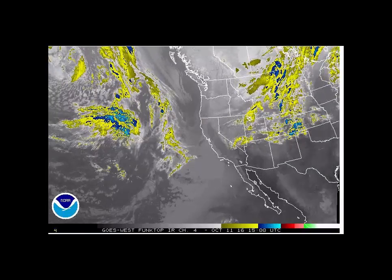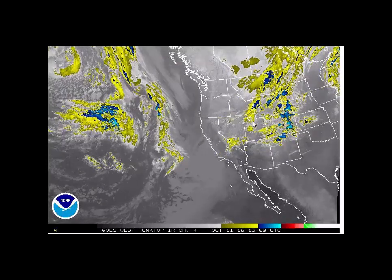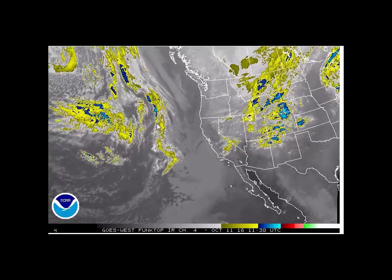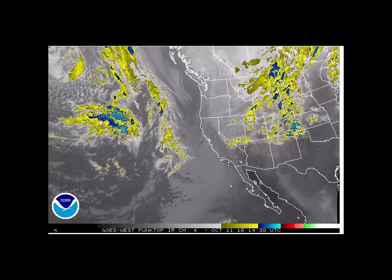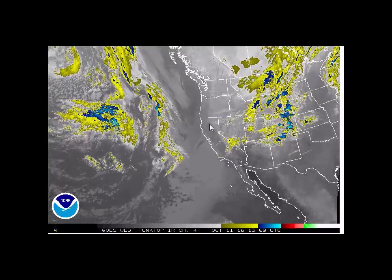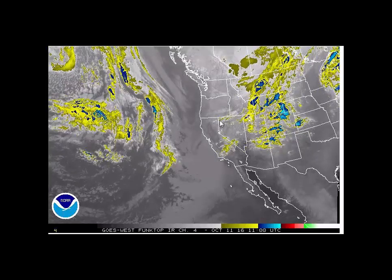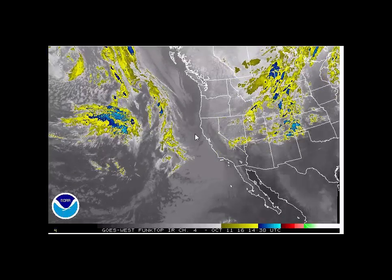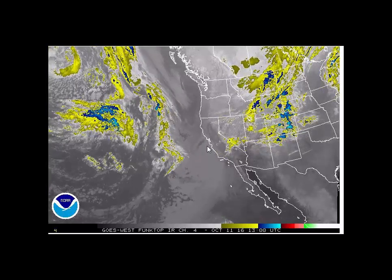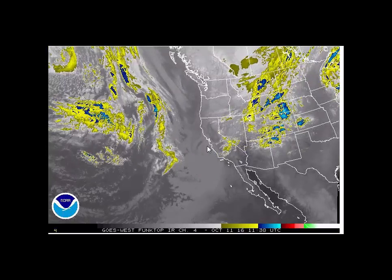A look at our infrared satellite imagery. We see that we have a front pushing through the eastern portion of the Great Basin, exiting into the country's midsection, but another series of storms off the Pacific that are making a beeline for the west coast. So we're going to be in a kind of a stormy period over the next several days, with maybe a brief one-day ridge of high pressure before another system comes in, and that's overall pretty good for smoke dispersion, but it could bring some added wetness, and some areas up in Idaho could be too wet for any large-scale